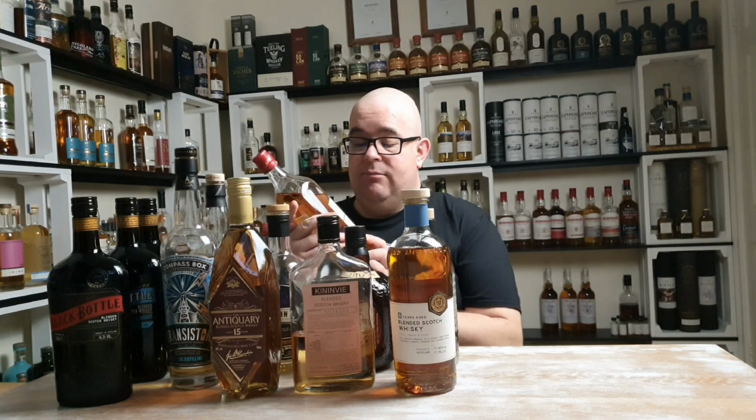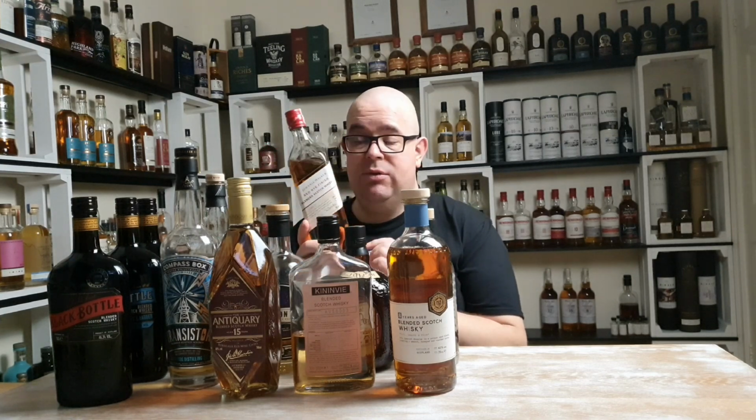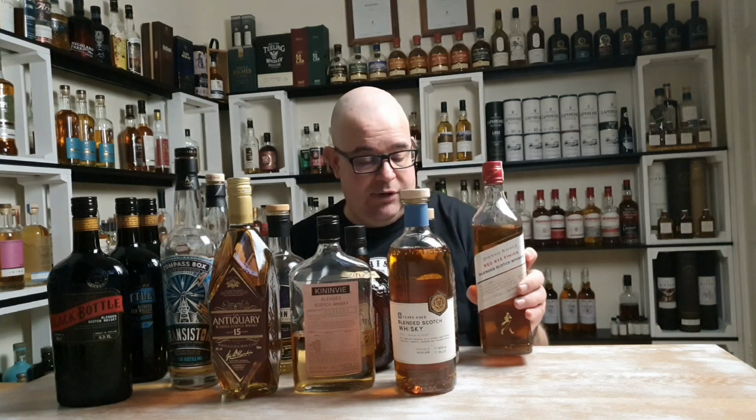Johnnie Walker Red Rye Finish. I've been told this is the best Johnnie Walker Red Label ever. And to be honest, this is completely different to the original Johnnie Walker Red Label. That's been finished in rye casks, I think, and it's quite a nice blended Scotch whisky, but this is not the best Red Label which I ever had, to be honest,